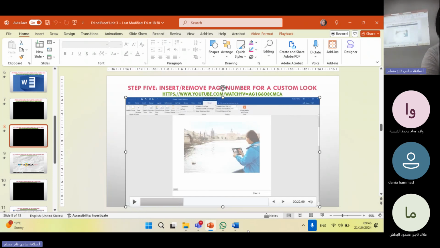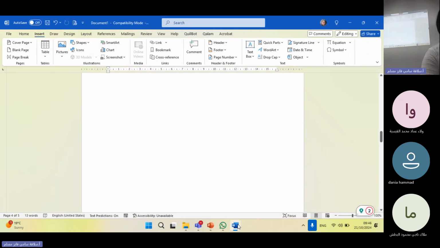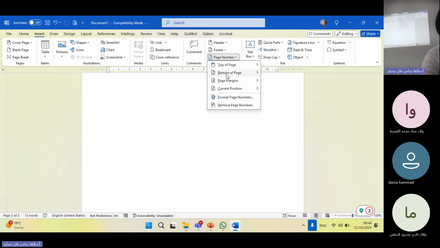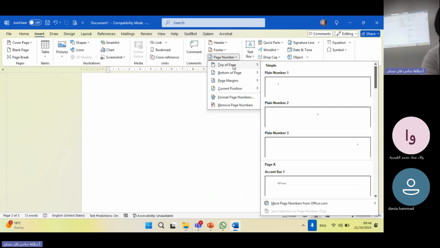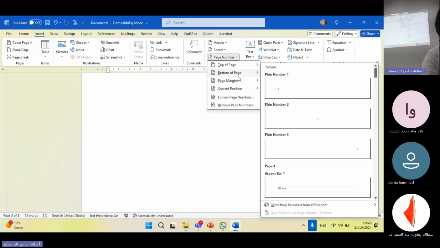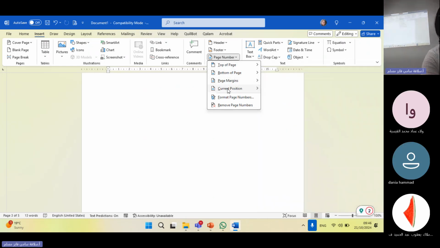Okay, so what did she do to insert the page number? She went to Insert. Then she scrolled down all the way to, where is the page number? To the header and footer subheading. Then she chose page number. You have options for page numbers. You have on the top of the page, at the bottom of the page, you have the page margin, current